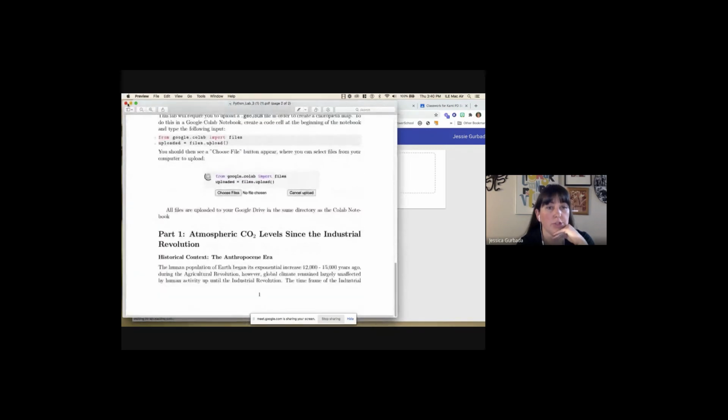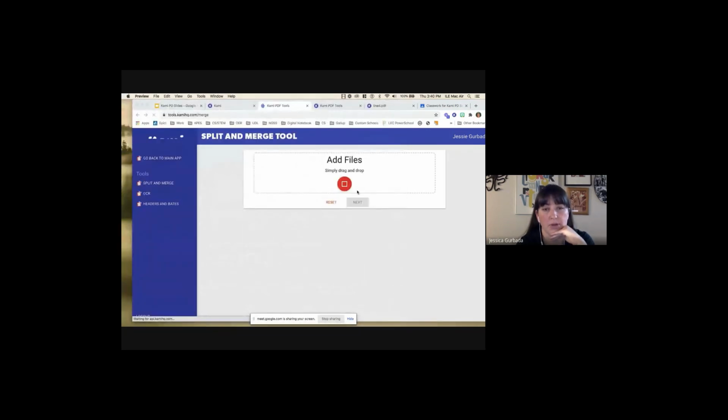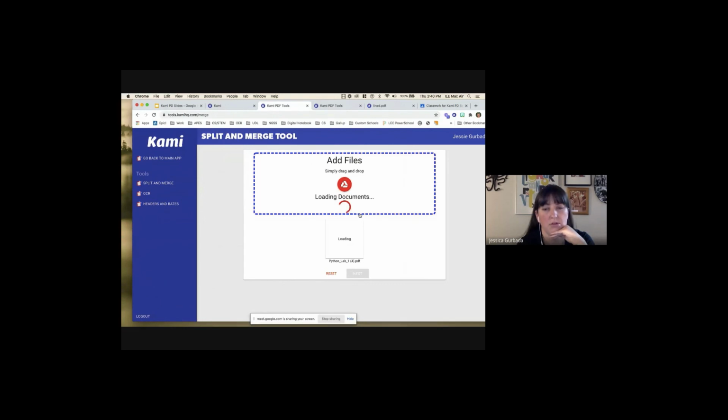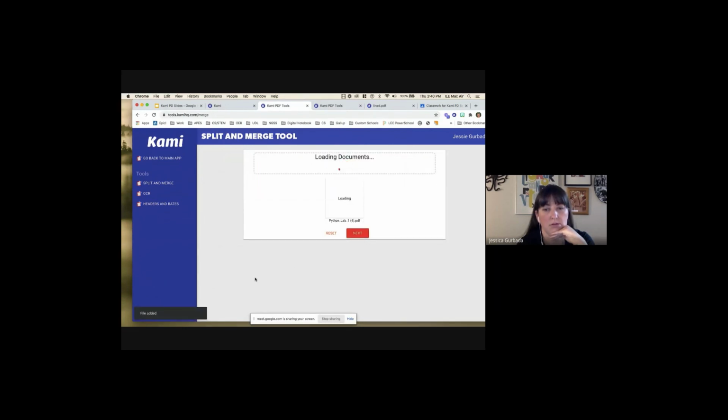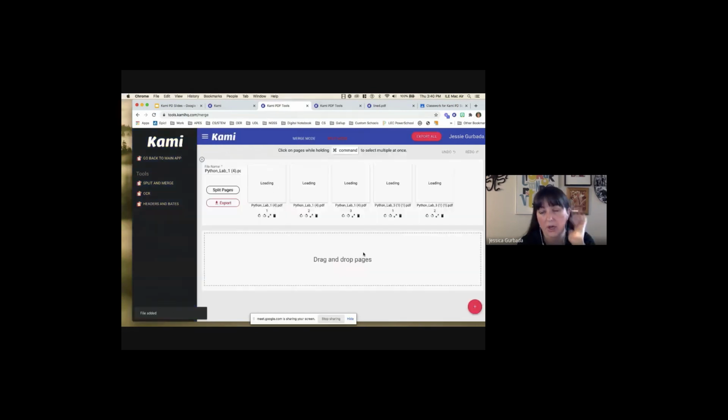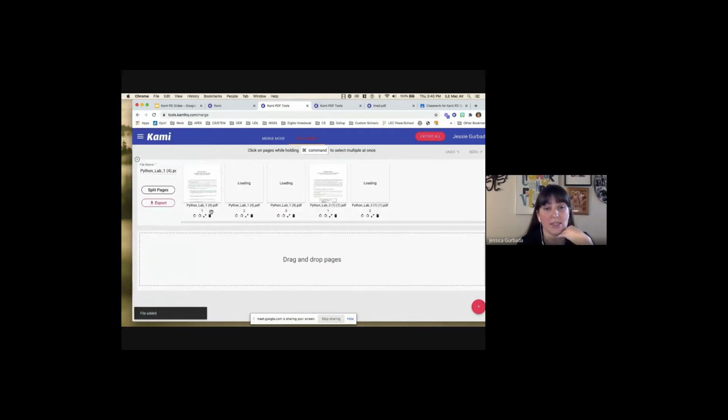Oh, it is only 2 pages. Okay, that works. So upload that again. Okay, and click Next. So then what it does is it takes Python Lab 1, and notice right here, this